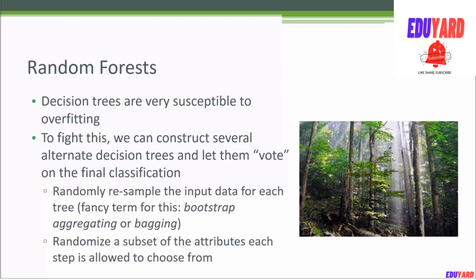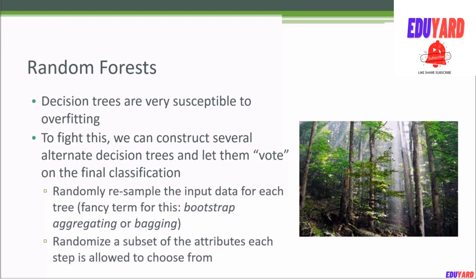So to fight that, we use a technique called random forest. The idea here is that we sample our data that we train on in different ways for multiple different decision trees. Each decision tree takes a different random sample from our set of training data and constructs a tree from it, and then each resulting tree can vote on the right result. Now that technique of randomly resampling our data with the same model is called bootstrap aggregating, or bagging.